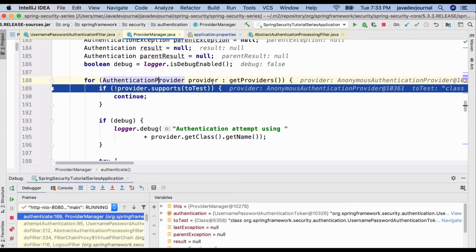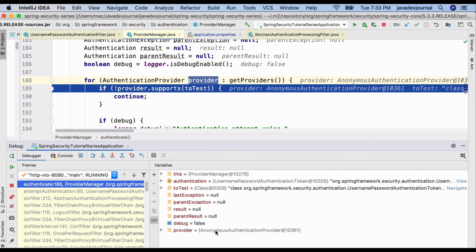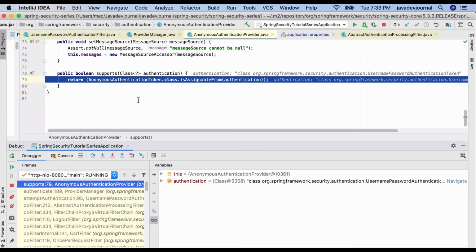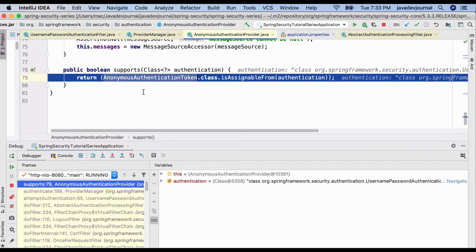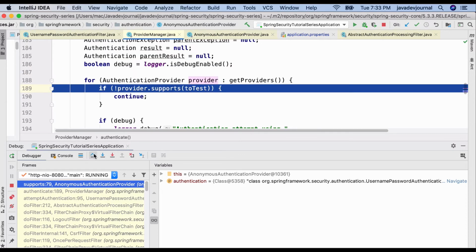Now our provider is the anonymous authentication provider, and if I go to it, it says that it only supports the anonymous authentication token, while in our case it is the username password authentication token. So it does not support this one.